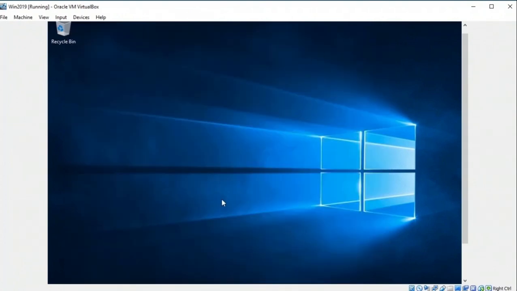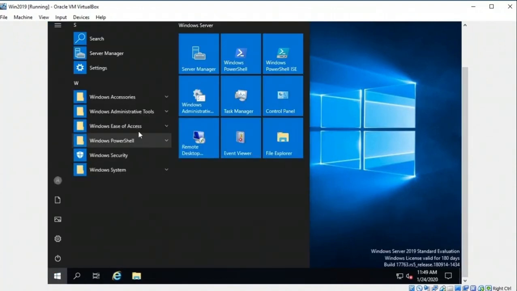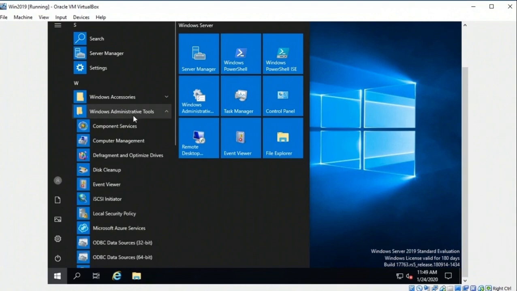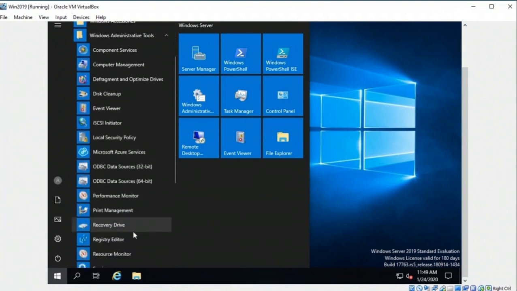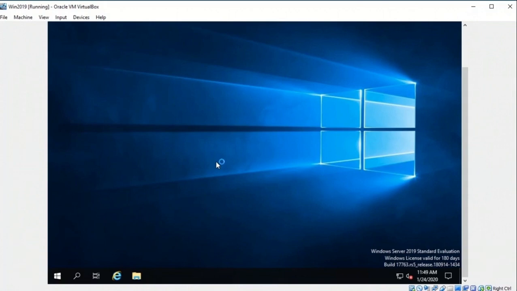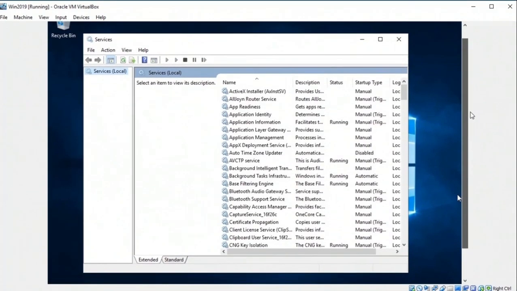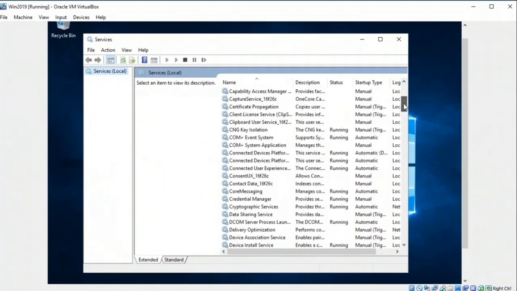Another thing we'll look at, let's scroll on down here again to Start. You can see the administrative tools, which again will take you back to some of the same things we saw in Windows 10, including services. And you'll want to take a look at that just like you did for Windows 10 and see if there's anything you don't need. Sometimes there are default things that we just don't want turned on.